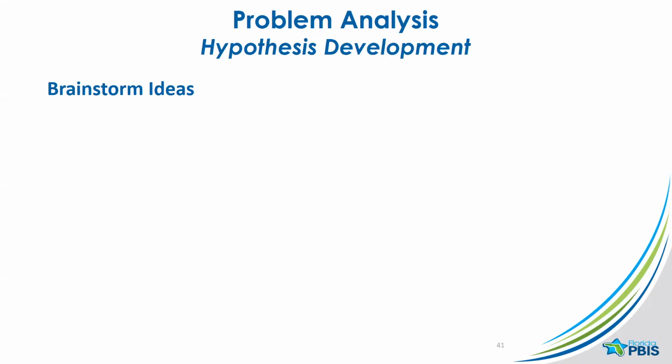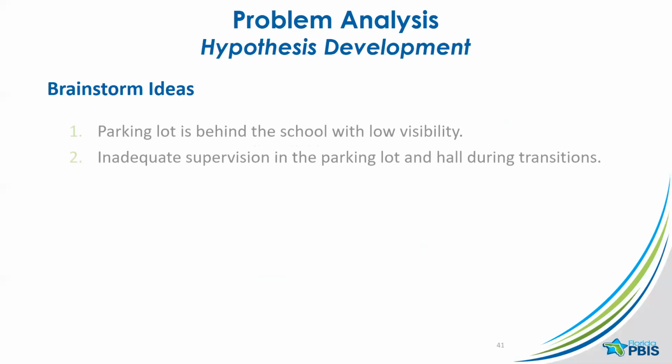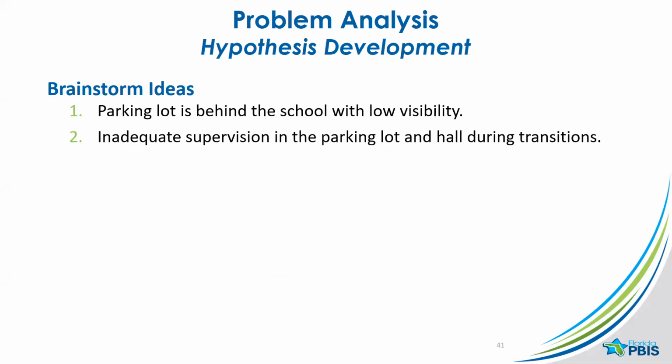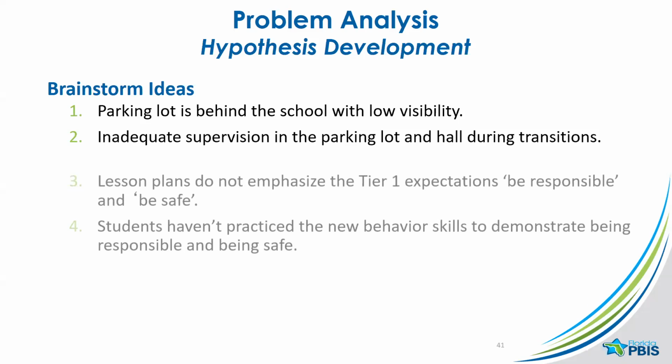So in this problem analysis step of hypothesis development, this is really where the team is just going to start brainstorming a lot of different ideas. Why are these referrals happening from this place, this location, involving this population? And we might find, for example, smoking in the parking lot, there isn't a lot of visibility or monitoring, or maybe there aren't a lot of signals in that environment to prevent kids from engaging in that behavior. Perhaps there's inadequate supervision that we need to adjust and make available so that we can limit the problem behavior that's occurring during, for example, hallways during transitions.